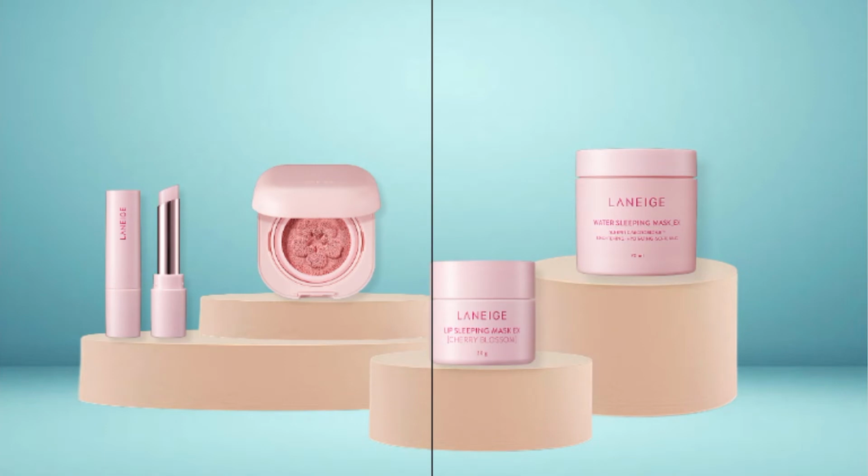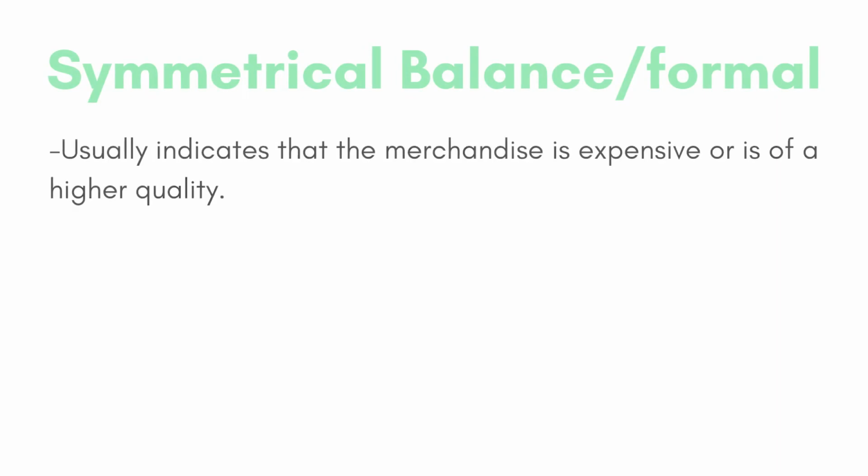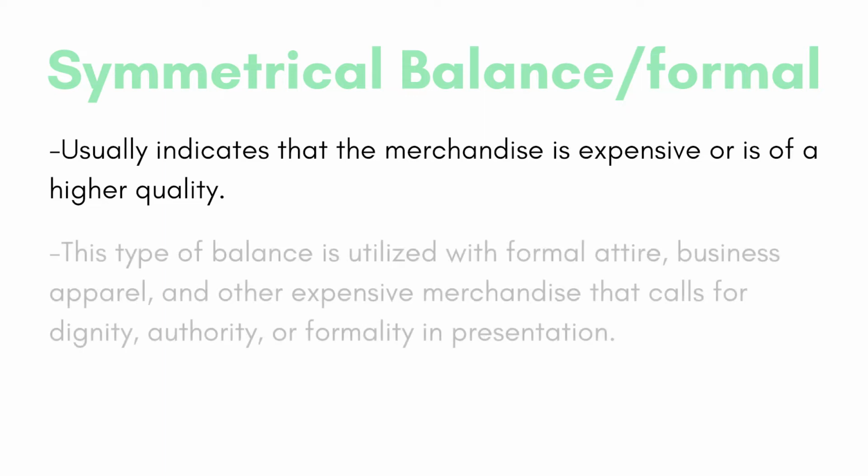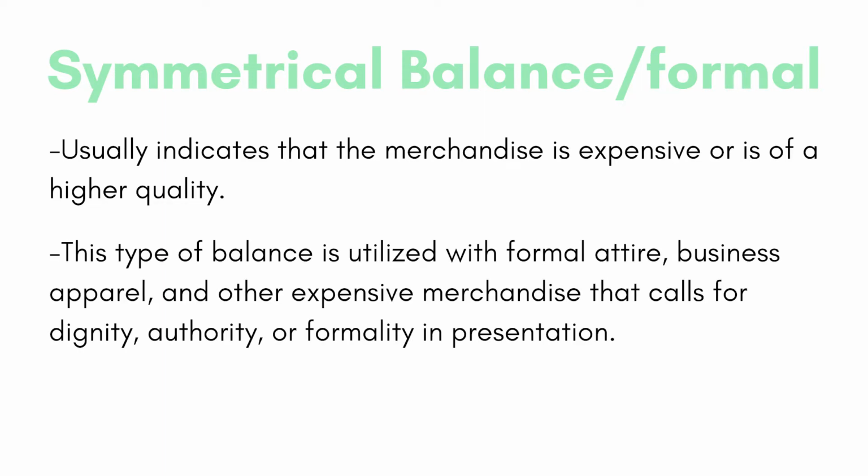However, the objects on either side of the imaginary line are usually of similar weight and prominence, not an actual mirror image. This would be considered asymmetrical balance. Symmetrical balance in a display usually indicates that the merchandise is expensive or is of a higher quality. This type of balance is utilized with formal attire, business apparel, and other expensive merchandise that calls for dignity, authority,